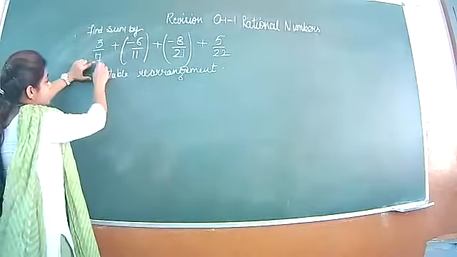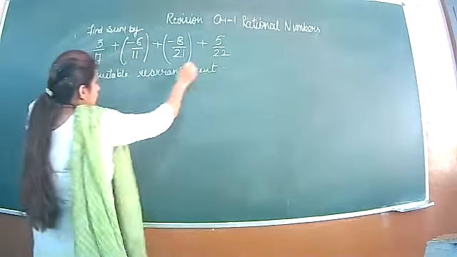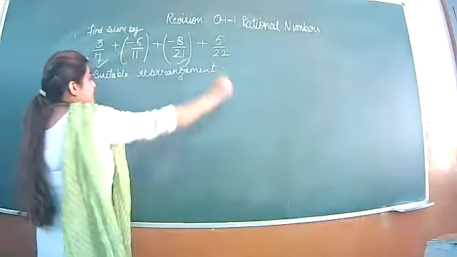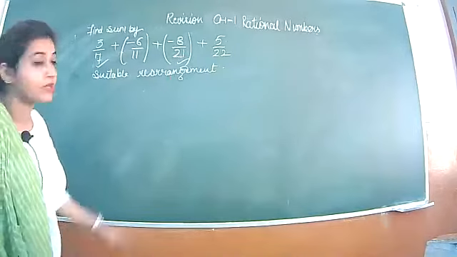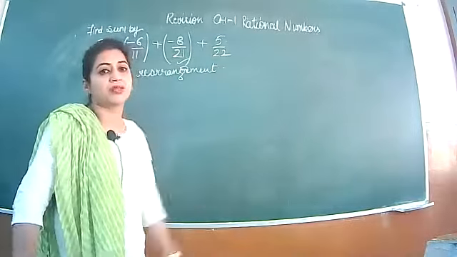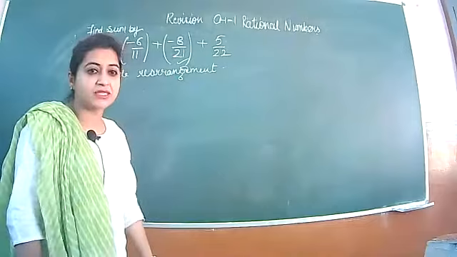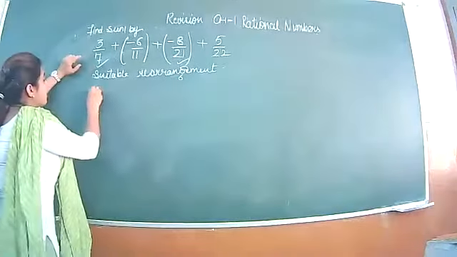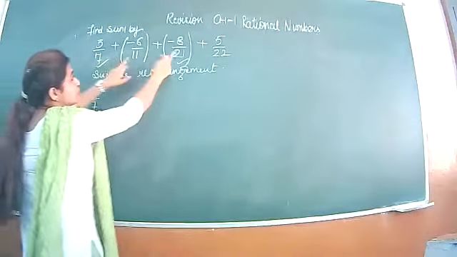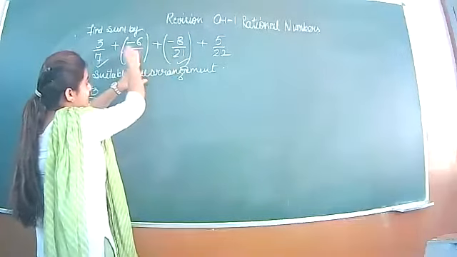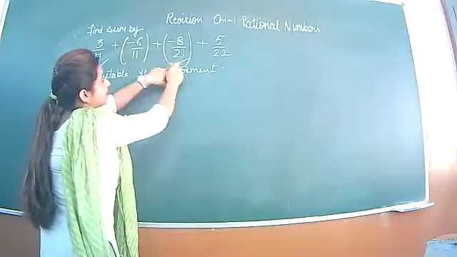So as you can see that if you check the denominator of all the terms, then 7 and 21 are the multiples of each other. 11 and 22 are the multiples of each other. Is it so? So you will combine the terms. You are shifting this third term at the second place, second term at the third place.